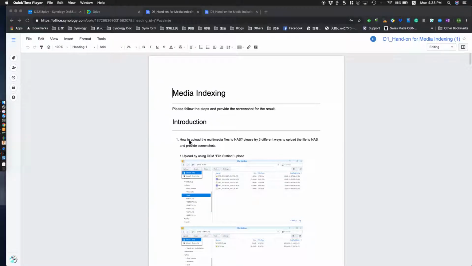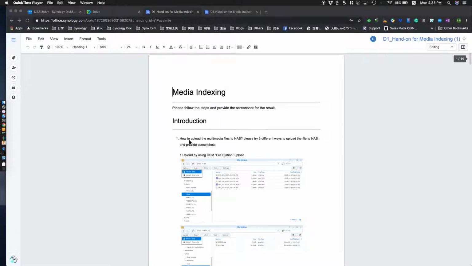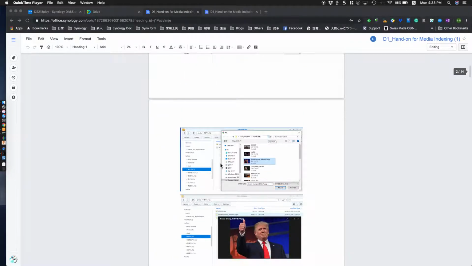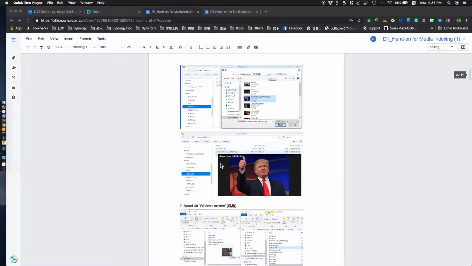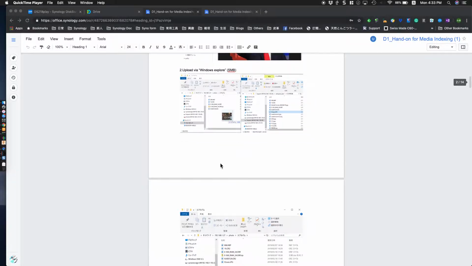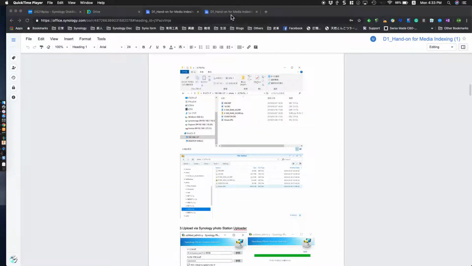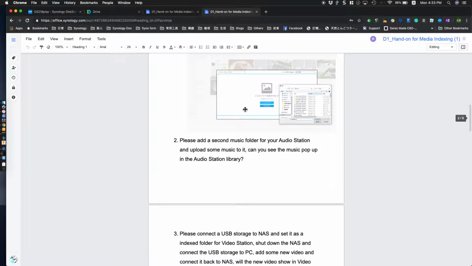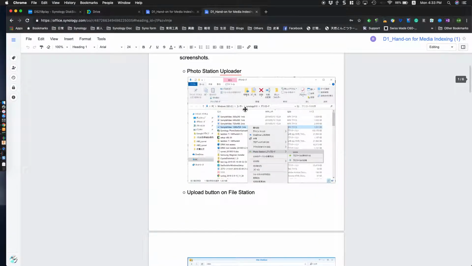So the first question we want to know is how to upload the media file to your NAS. It's easy. You can use File Station, you can also use Windows Explorer or Samba, and then you can use Photo Station Uploader. I think it's all the same. File Station also, and in general for Photo Station and for Synology Moments,